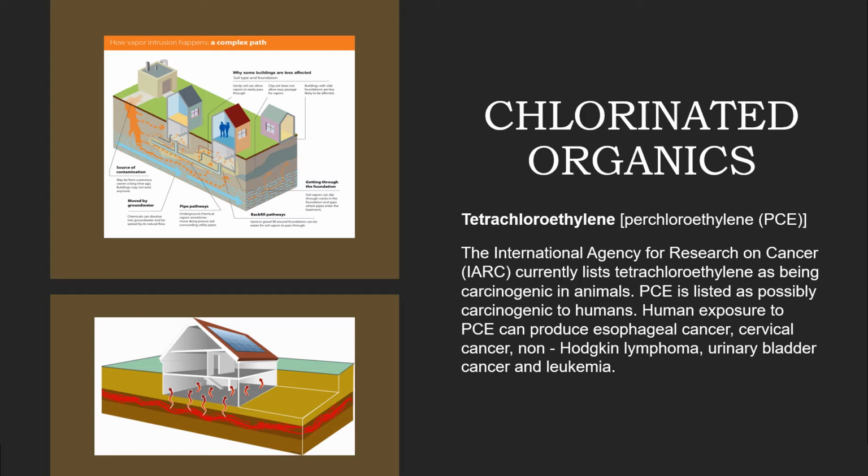Now, for my project that I'm going to be discussing, we really had concerns regarding chlorinated organics, and specifically PCE. This was a regularly used degreasing agent in industry, but very heavily used with dry cleaning of clothes. And its hazards as a suspected carcinogen have to do with cancers: cervical cancer, non-Hodgkin lymphoma, urinary and bladder cancer, leukemia. That's the compound of most concern that I'm going to be speaking about.